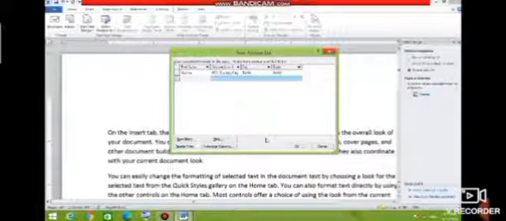Okay, enter the records of the people to whom we want to send the letters. Here I am entering some students' records. Name, address, city and state.